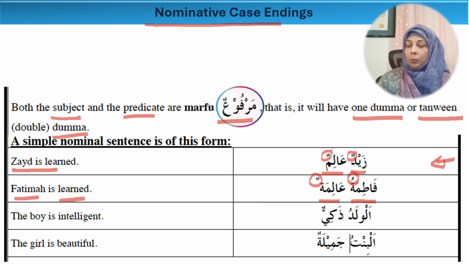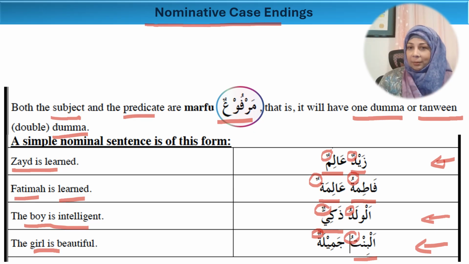and alimatun is the khabar, and it ends with this tanween dhamma. In the next example, al-waladu zakiyun, which means the boy is intelligent. Here al-waladu is the mubtada, and it ends with a single dhamma. Zakiyun is the khabar, and it ends with a double dhamma, the tanween dhamma. And in this last sentence, al-bintu jamilatun, which means the girl is beautiful. Here, al-bintu is the mubtada and it ends with a single dhamma, and jamilatun ends with a tanween dhamma,